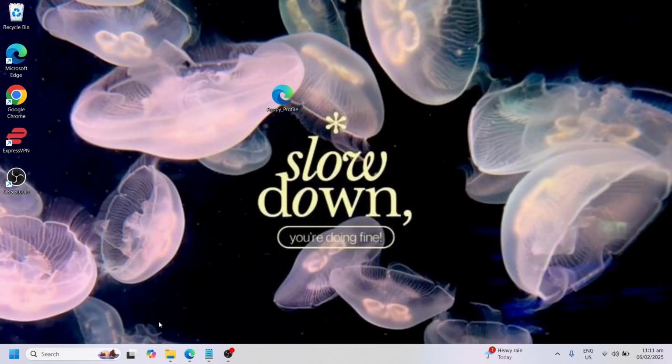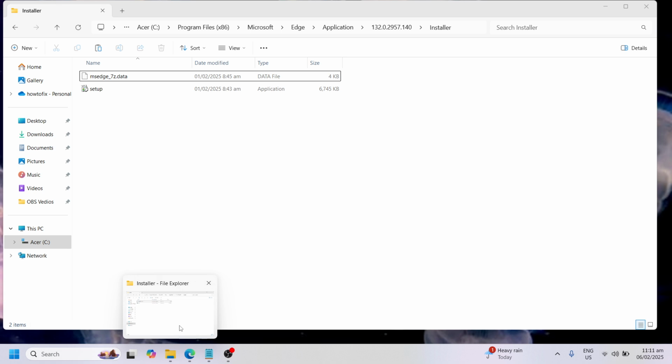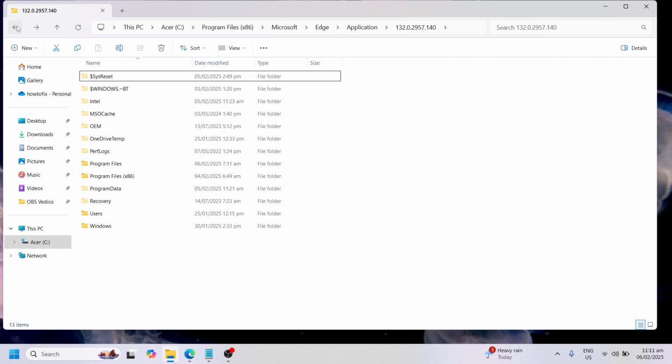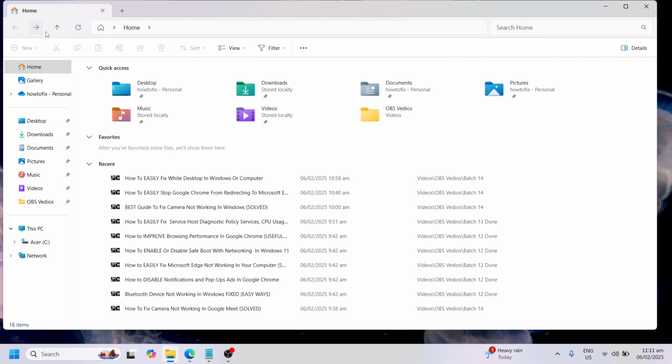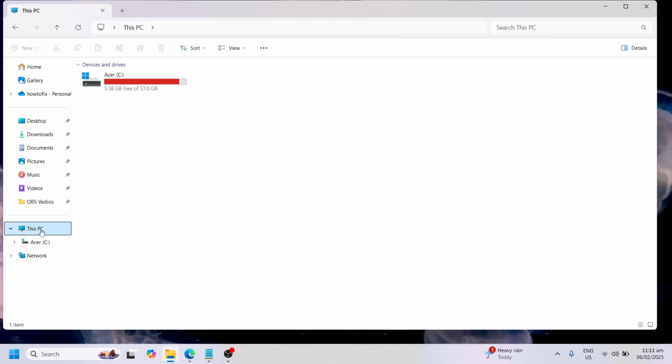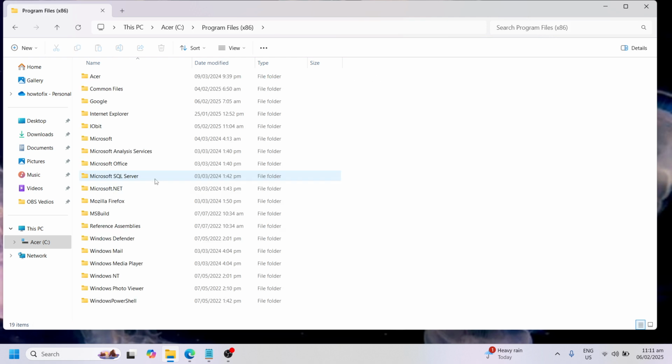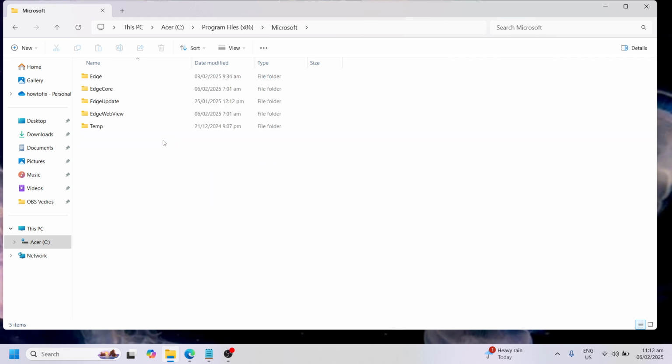So first, you need to be in your Windows Explorer, and let me just close this. Okay, so you need to locate This PC and then click on Acer and then go to Program Files (x86). Click on that and then here you need to go to Microsoft and then go to Edge,